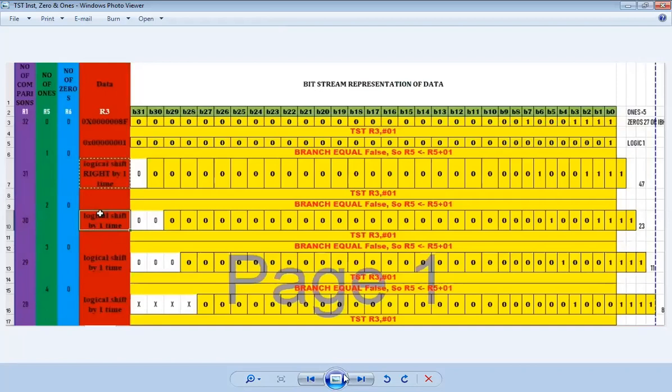So this section here, you can see it is 8F. I'm just taking that as an example, and we have a special instruction called TST. This TST is nothing but a testing instruction. It does a bitwise AND operation, but the result is not stored anywhere. That's the specialty of this TST.